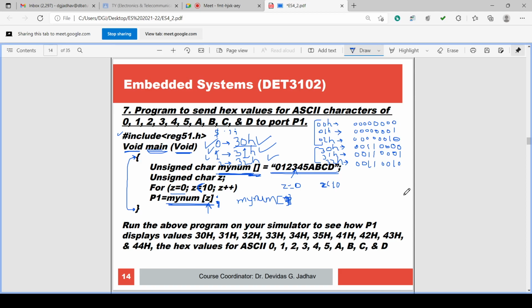One is an ASCII character, that is maybe 0, 1, 2, 3, 4, A, B, C, D, and one is a hex number 0, 1, 2, 3, 4, A, B, C, D up to F. Both are different. That clarity we are having. And how to send them, how to write them in double quotes as ASCII characters, we have seen. Okay. For today we'll stop now and we'll meet tomorrow.